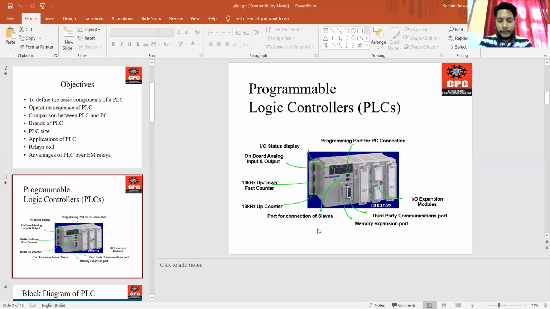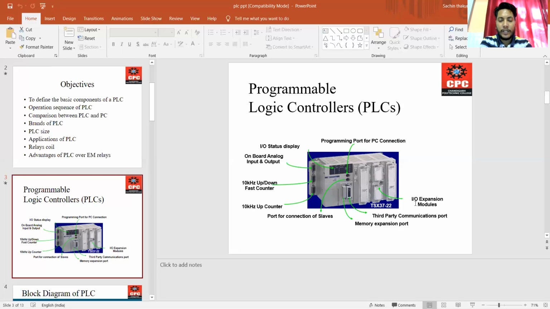The figure shows the schematic diagram of PLC. Here, this is the PLC. The PLC looks like that. In the given slide, first is the programming port for PC connection. Here is the port for third-party communication, memory expansion port, and input-output expansion module.